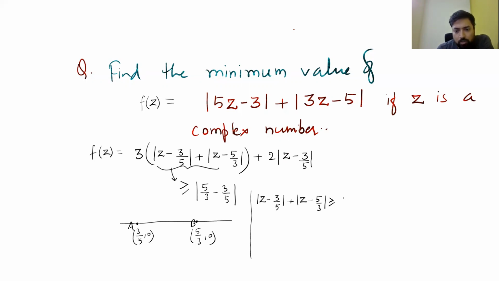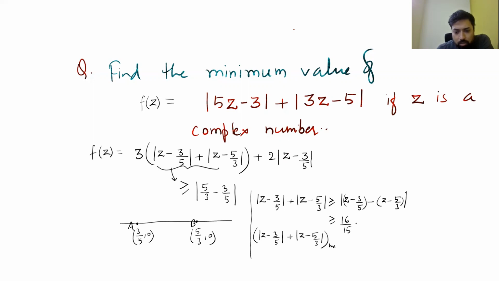This is greater than or equal to modulus of, let's say I'm writing, z minus 3 by 5 minus z minus 5 by 3, modulus. Now the minimum value is greater than or equal to, if we calculate this value, it comes out to 25 minus 9, which is 16 by 15. So this value is greater than or equal to 16 by 15. So the minimum value of modulus of z minus 3 by 5 plus modulus of z minus 5 by 3